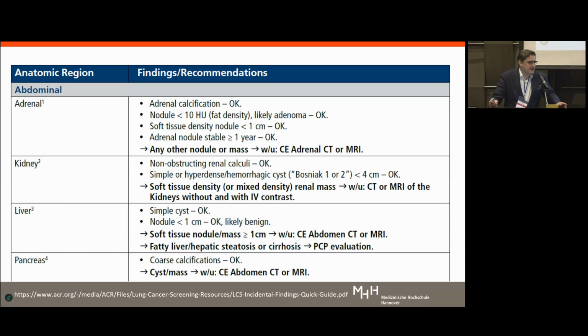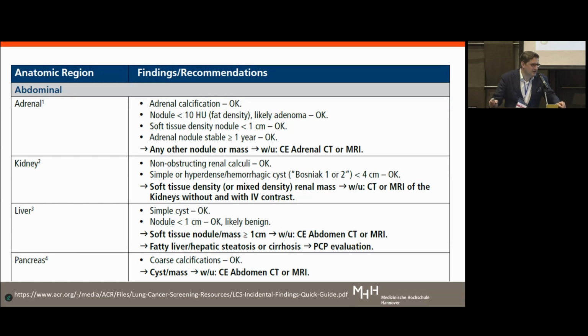So personally, we're very careful with the adrenals. There's a lot of over-reporting if you report nodules above 1 centimeter on the low dose CT. So if there's not a clear mass, a large mass over several centimeters, we usually don't call it. The kidney, the same. If there's not a clear mass, a large mass, we typically do not call it. So the liver,